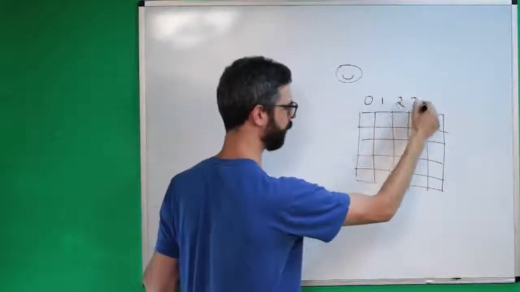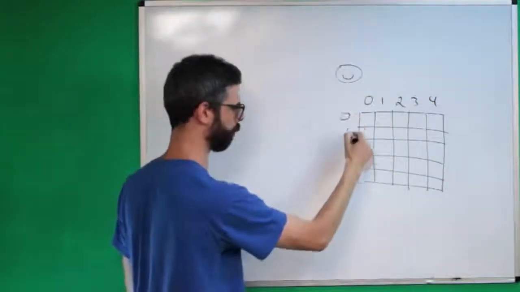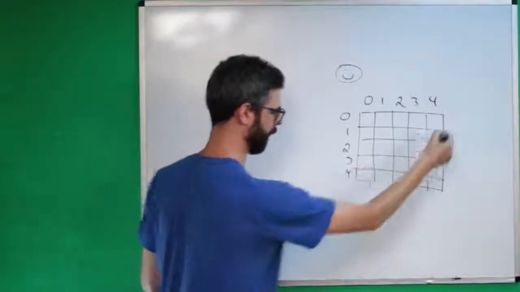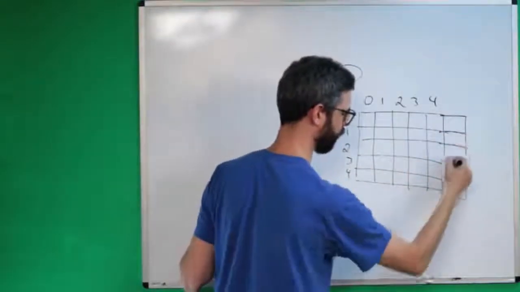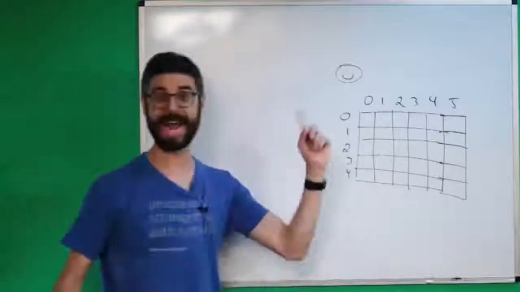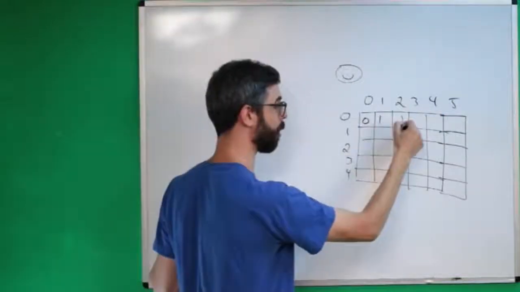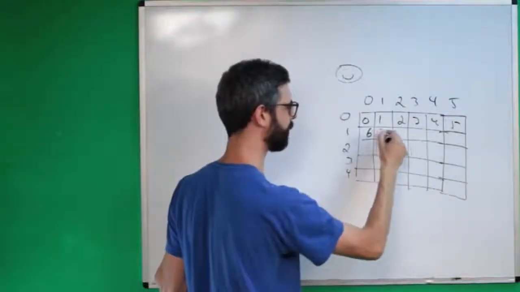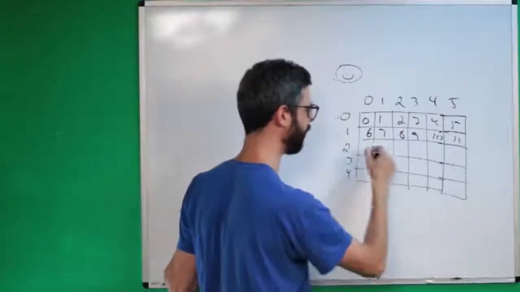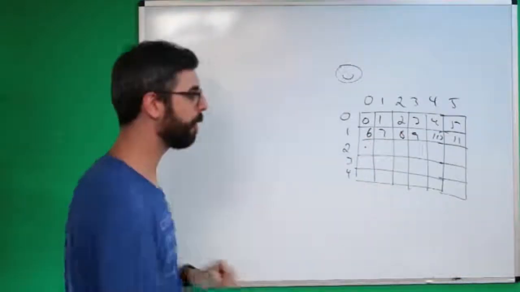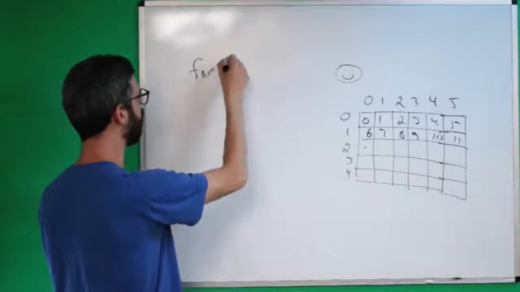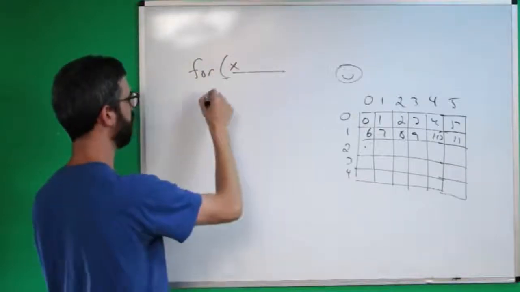It has columns, which I could number 0, 1, 2, 3, 4. It has rows, which I could number like this. Then it has pixels, numbered 0, 1, 2, 3, 4, 5, 6, 7, 8, 9, 10, 11, etc. Every single computer vision algorithm that I demonstrate will start with for every x, for